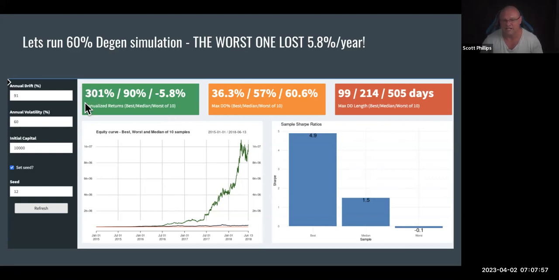And what do you get for taking that risk? Well, hit the red, get ahead. You got 300% per year. If this system makes 300% a year and you're running at 60%, you are a very rich person. Bottom 10% of results, you're losing a bit of money. And your average is doing 90% a year.